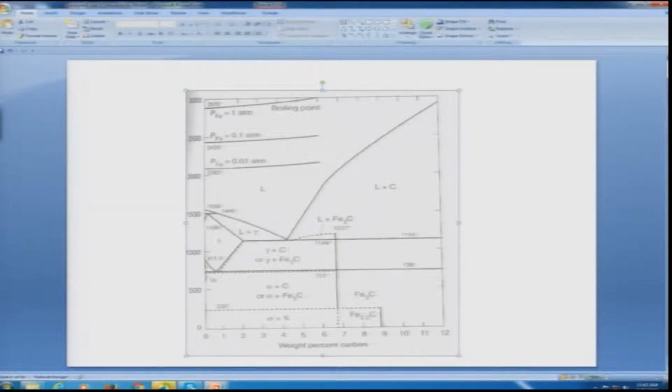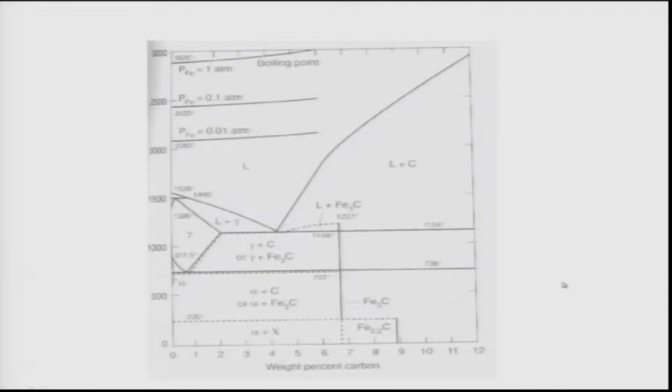This transformation, at about 727 degrees Celsius, is where gamma transforms to alpha plus Fe3C. This is similar to the reaction which I wrote, gamma going to alpha plus beta. So alpha is alpha iron, and Fe3C is beta. Therefore this transformation happening here